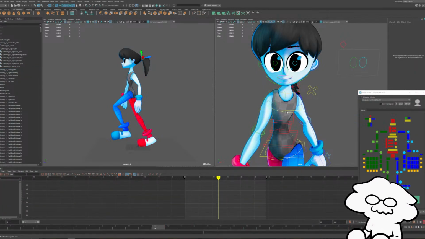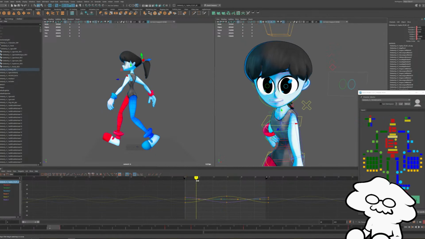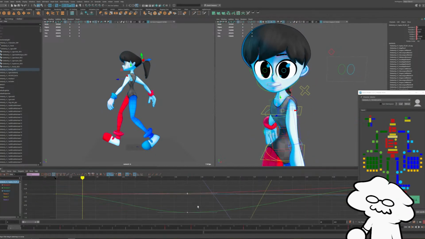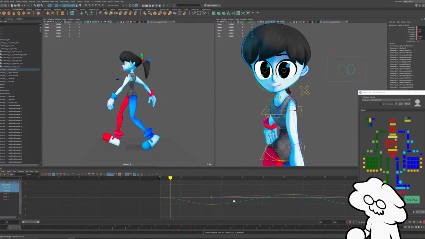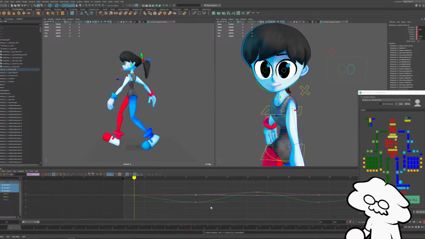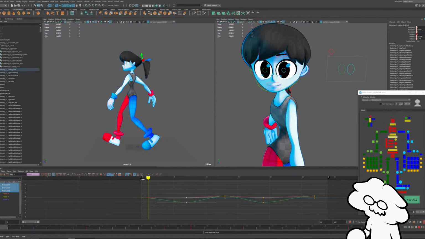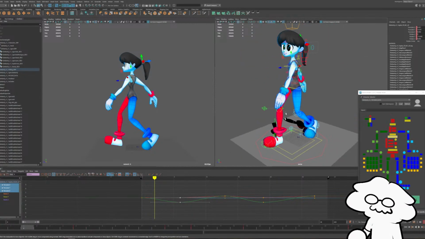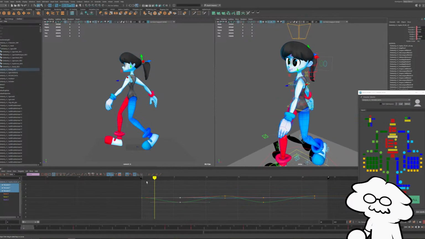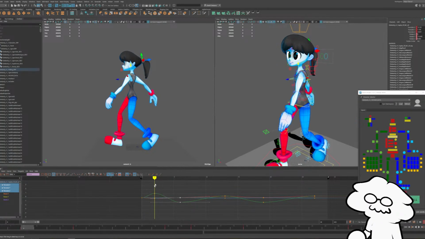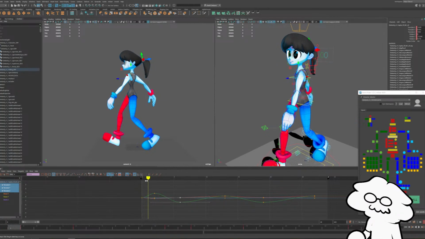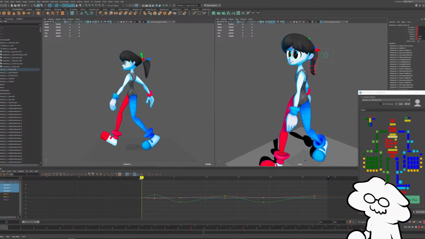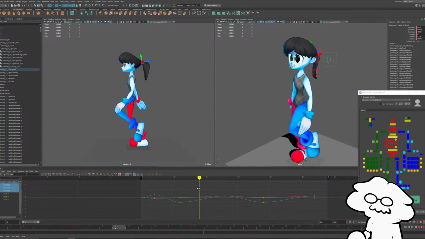So we have the upper body translate keys. I kind of go back and forth on doing this, but I think what I'm going to do instead is have a key that moves upward just after the step. So if I'm on frame 0, I move to frame 2 and move it upwards a bit. Then you have the upper body dragging a little bit. So right around there. And then it snaps downwards.